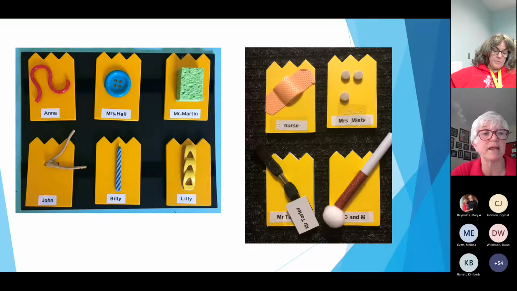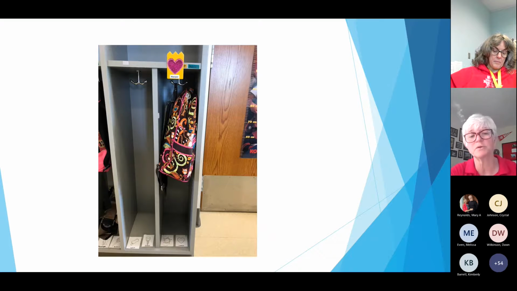So one way would be to make name tags. The name tags could be used on desks or in lockers or cubbies or baskets or whatever you use to keep your items in. And then the student has an idea of who's beside him, who's on the other side, who's behind him. It's kind of a way to put name tags in the environment and give them an environmental cue to things